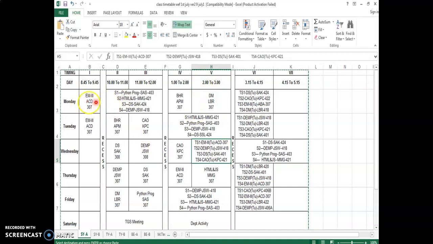In the first row we have the first slot as a practical slot. In this case 2 cells are going to combine. Let us see what a cell is. A cell is the smallest area in a table where we can enter or add data. This is a single cell we have. Actually a table is a combination of rows and columns. So let us see what type of rows we are adding one by one.